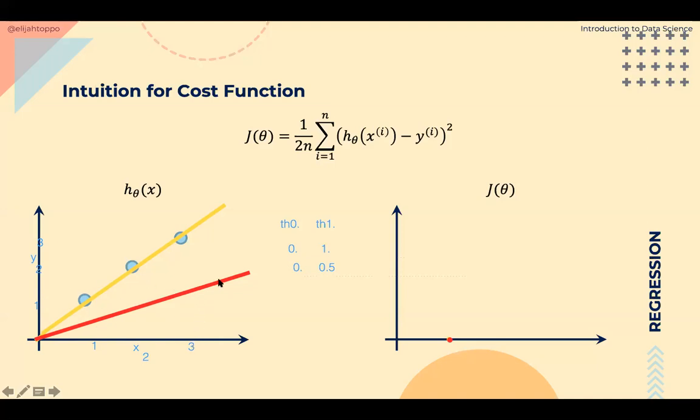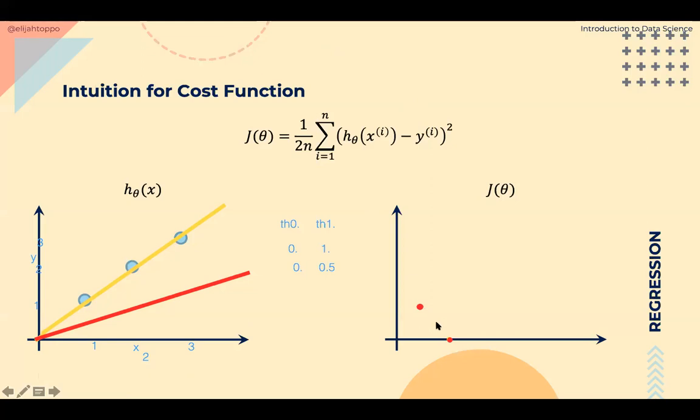Now I see that this model is not a very good model, because for each of the data points I have a good amount of error. From here my error is this much, then my error is this much, my error is this much. I've already evaluated the error in the past, so I know the error comes to around 0.58. That means when theta 1 is equal to 0.5, I get an error of 0.58. So my data point would be something like this.